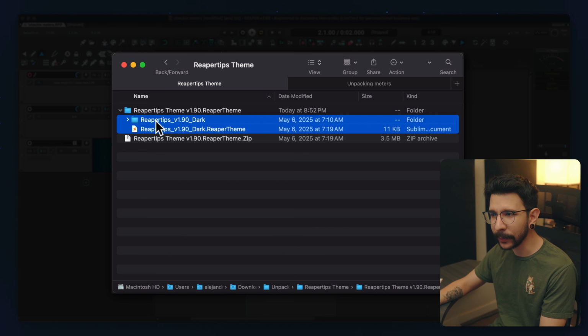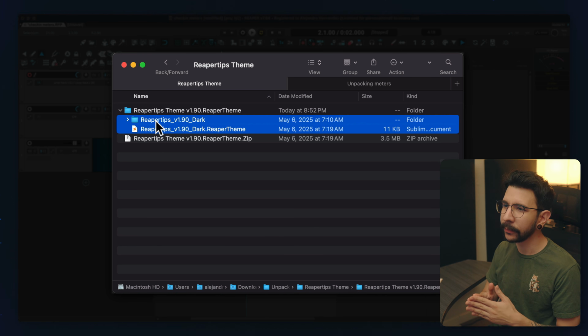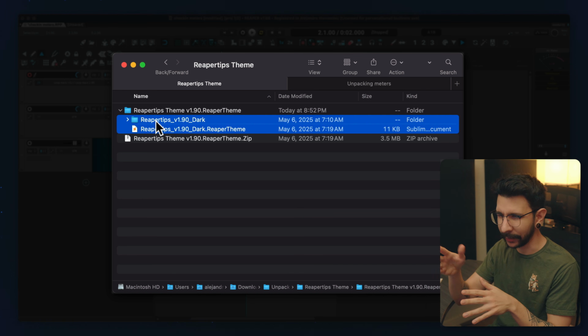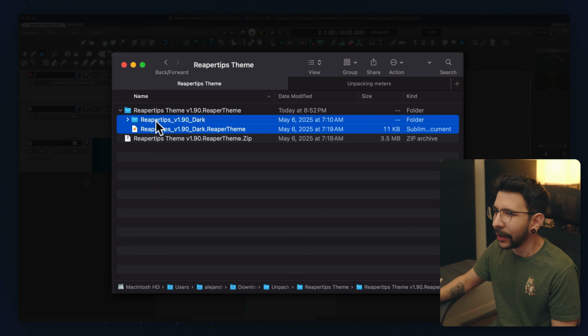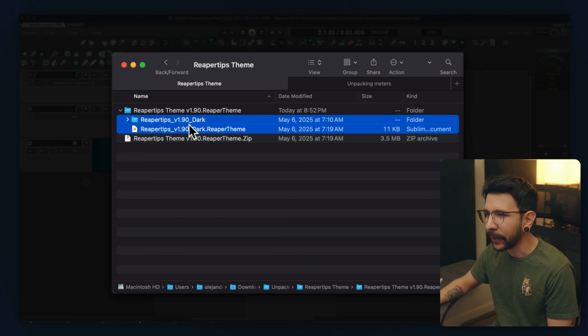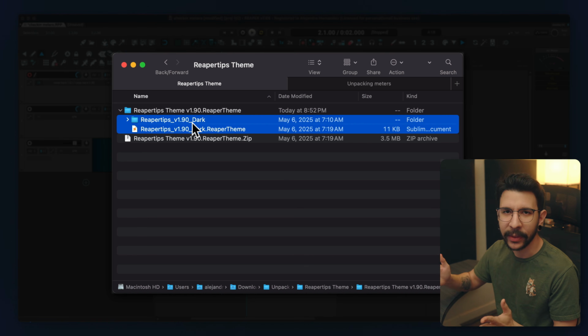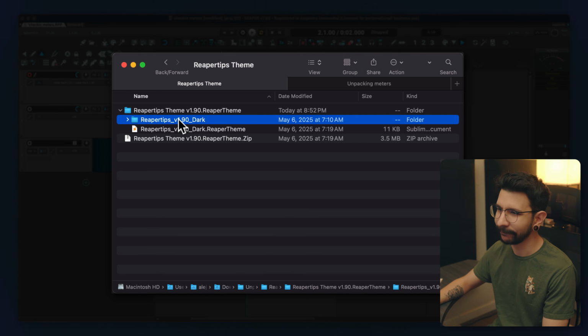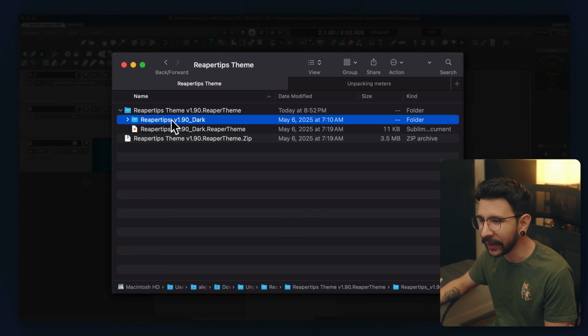So these two are basically a theme. If you compress this back, you'll see when we do the steps back, but these are basically the Reaper theme. So now, the next step is to go inside this file, in this case the Reapertips dark version,